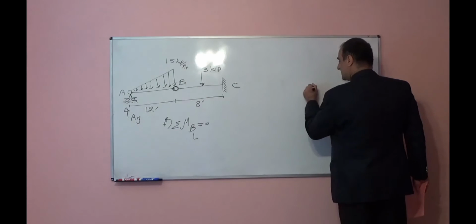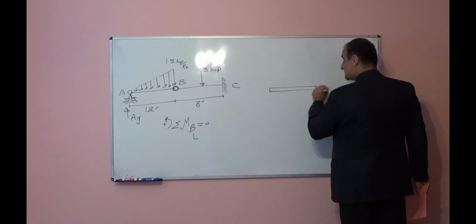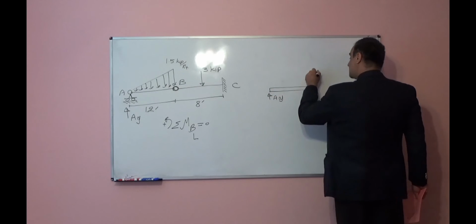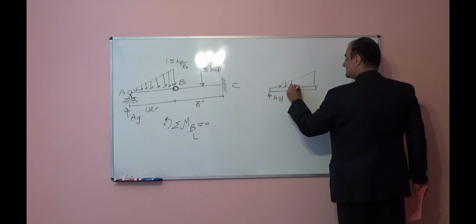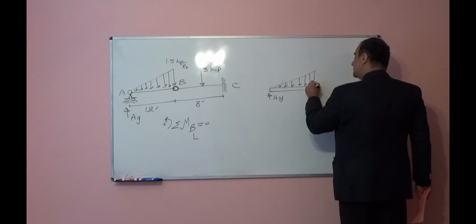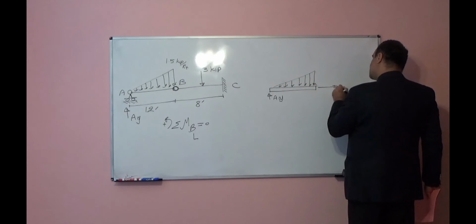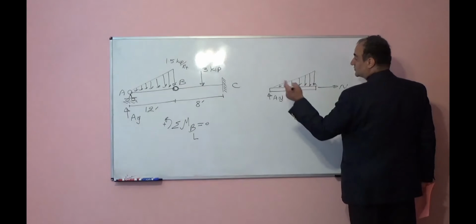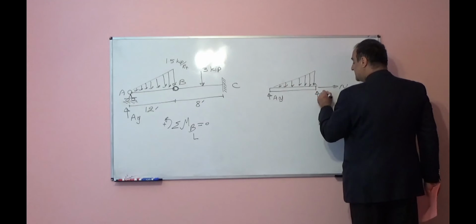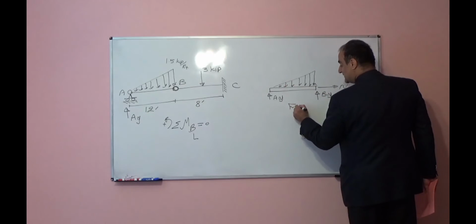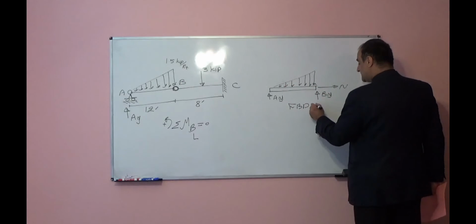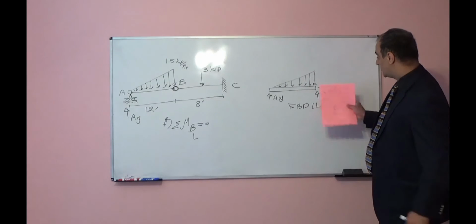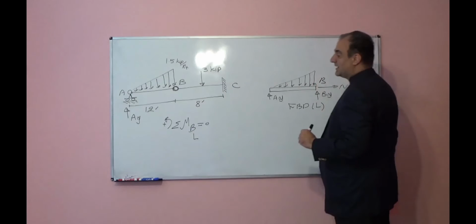Or if I want to represent it precisely, I should draw the free body diagram. Here it is AY. Here we have the external load. At point B, the moment is 0; we only have an axial force and one shear force perpendicular to the beam, which we can show with BY. Now this is the free body diagram for the left side. In this free body diagram, I am writing summation of moment with respect to point B. That means